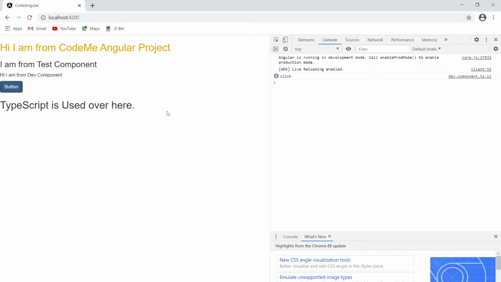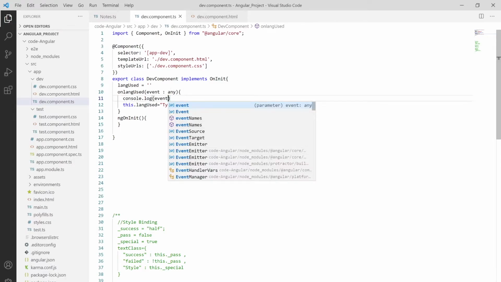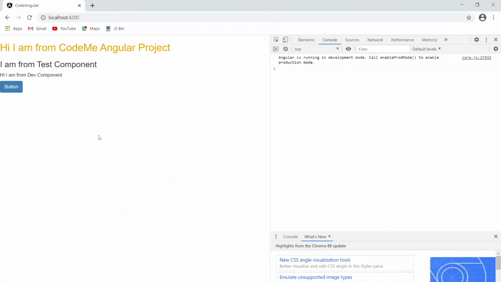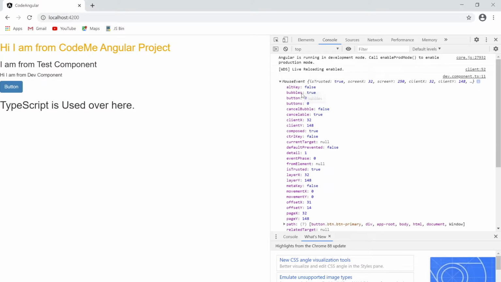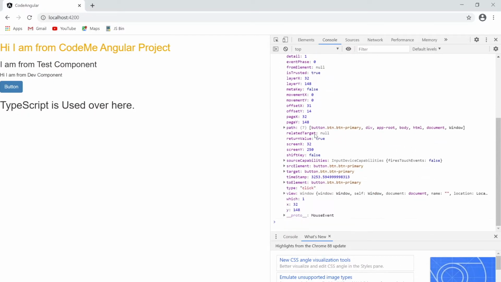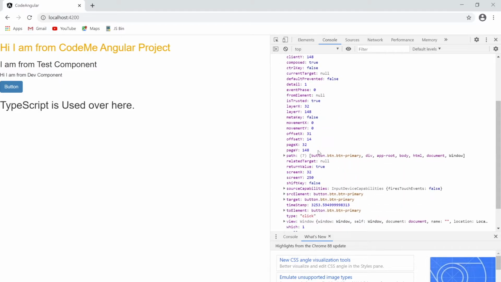We also have some property, let me show you. Let me put it as a simple event. Save this out, just wait for the project to compile. If I hit the button, as you can see, it will show it's a mouse click, and here are some more important variables, like x, y, path and all these. We also have path, source element, then we have target, then what type of click it is.